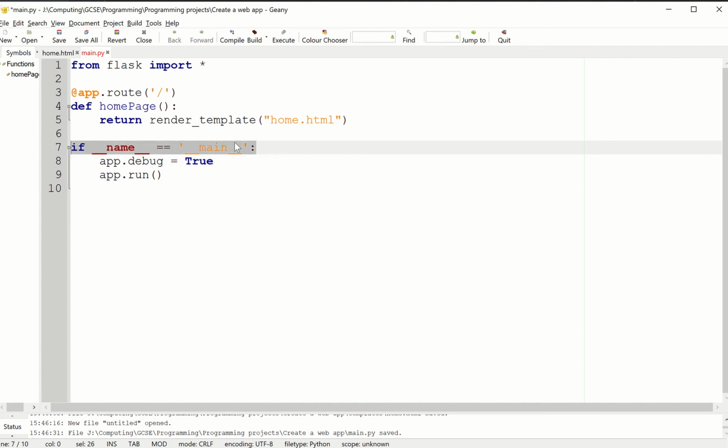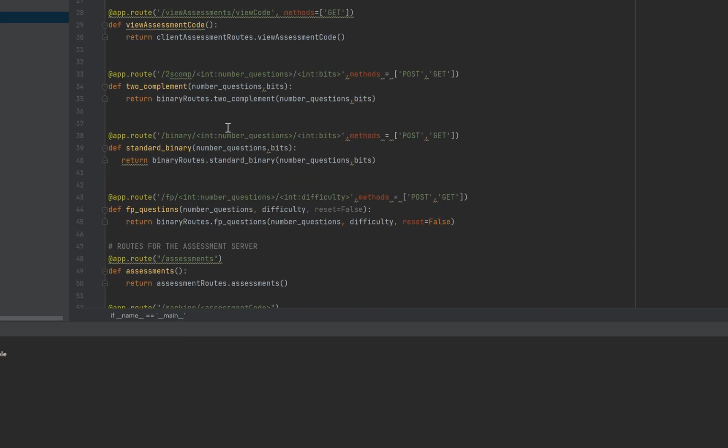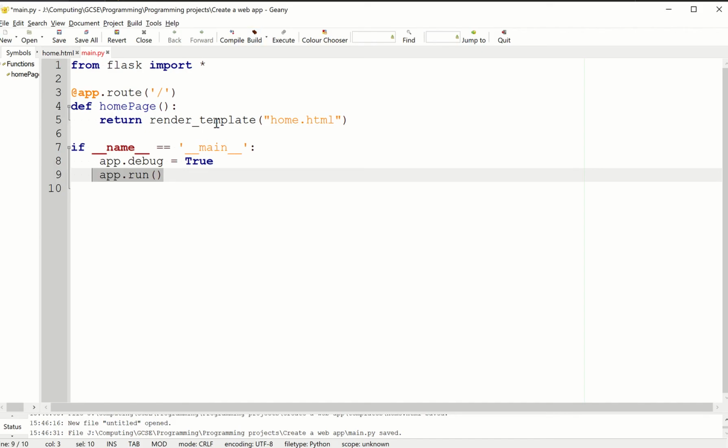This part is important. When we run this as a main file, it will run the application. The app.run basically runs the app. And I'm fairly certain I'm missing something. I knew I missed something. I need to create the app as well,